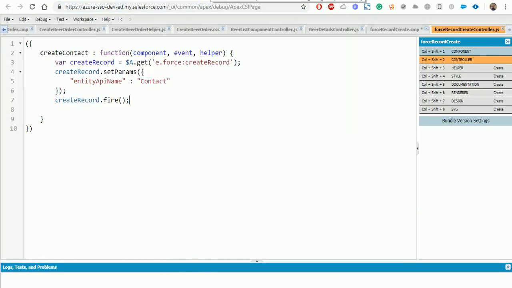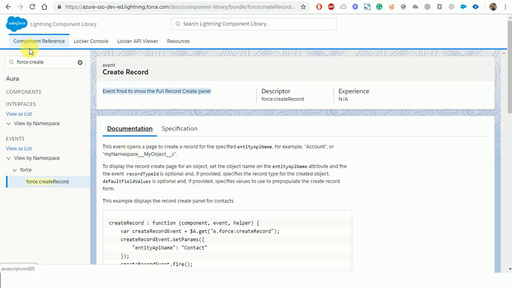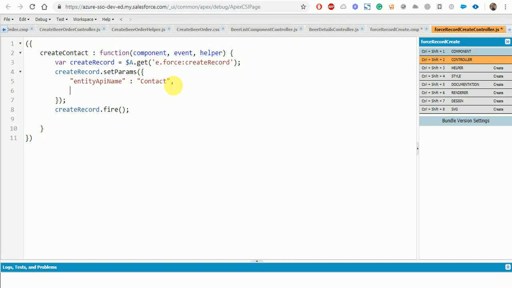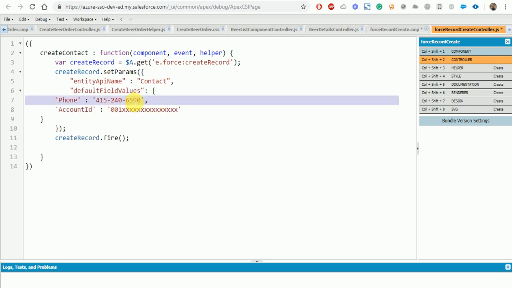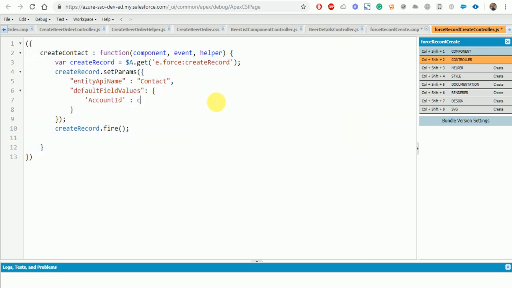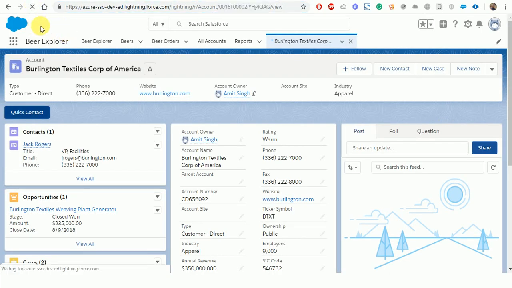we can just go ahead on the Lightning component library where we can get all the information about the event. We are just going to copy this default field values from here and paste it here. We are not going to use phone as of now, and for the account ID, as we are implementing the interface force:hasRecordId, we'll just use v.recordId. And now let's go back to the component, refresh this,